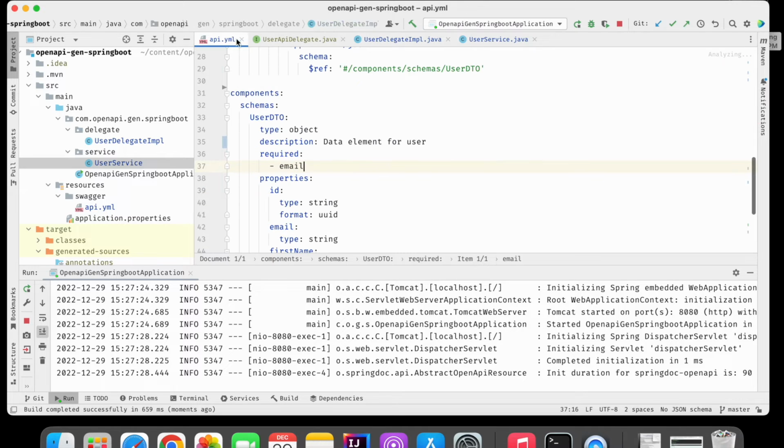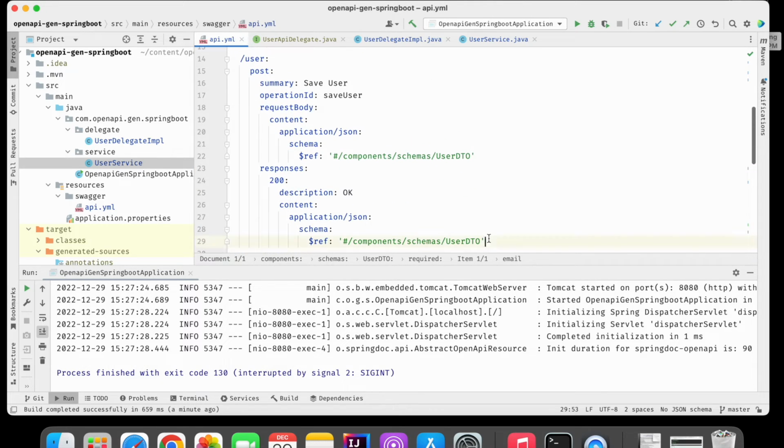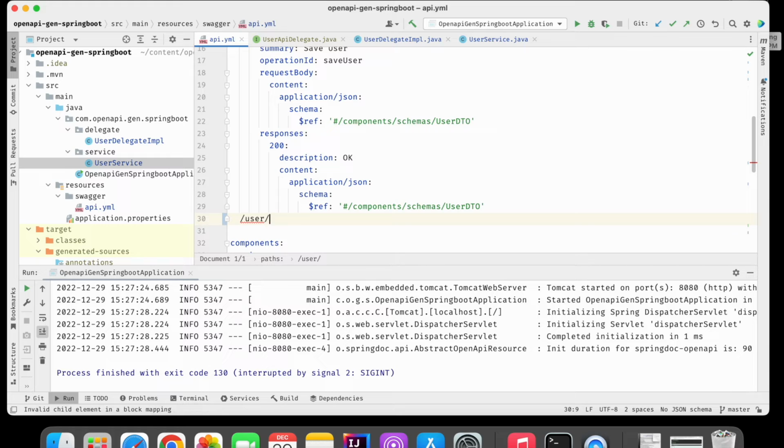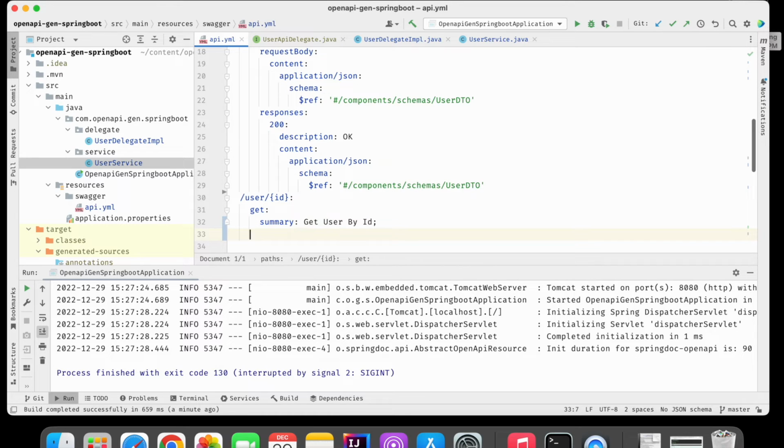For that again we have to go to this api.yaml file, and let's start writing the design of the API. So this particular API would get the ID from the user, and this will be a get API, and we will write summary get user by, let's say, by ID, and we will write the operation ID